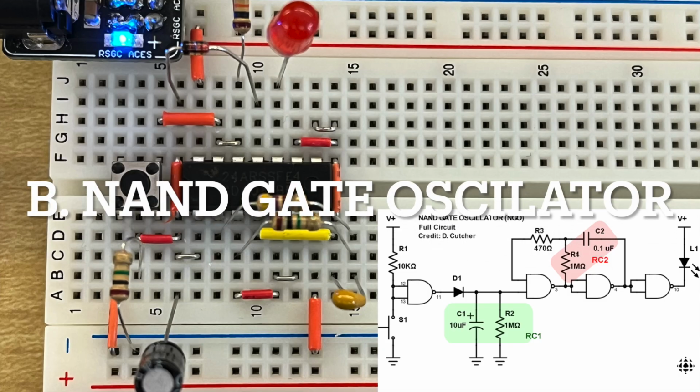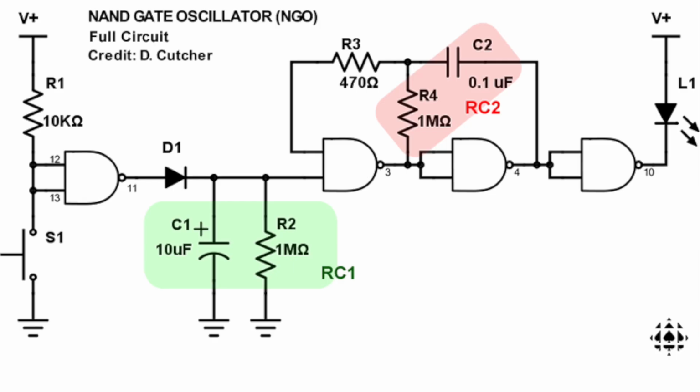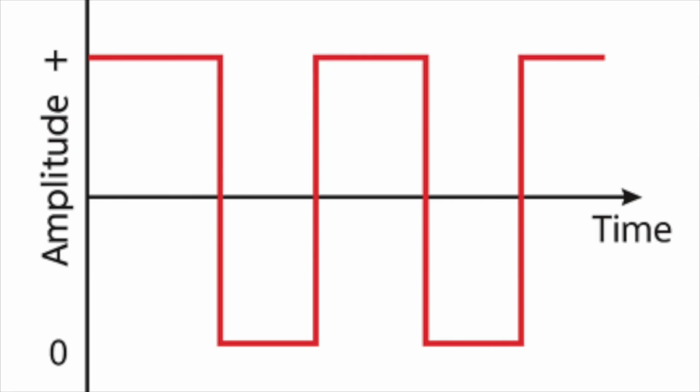The NAND gate oscillator is mainly controlled by capacitors and NAND gates. RC1 serves as the timing of the circuit, whereas RC2 controls the oscillation speed. By connecting the input of a NAND gate to the output, it serves as a continuous loop. Using resistors and capacitors to filter the timing, it creates oscillation, which can be viewed through the LED in square wavelengths. When the LED blinks on and off, or the clock signal goes high to low, this is considered one